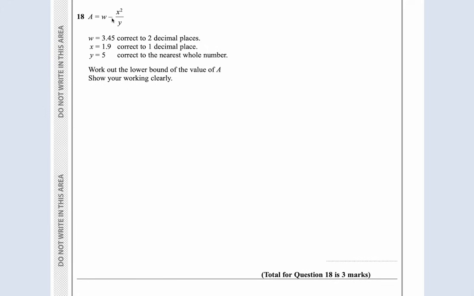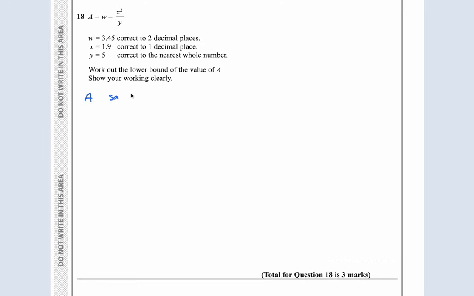Okay, question 18. A is equal to w minus x squared over y. These are given to a certain number of decimal places. Work out a lower bound for the value of A. Okay, if you've seen me do these questions before, guys, you will see the way I kind of do it here. I write, we want to make A